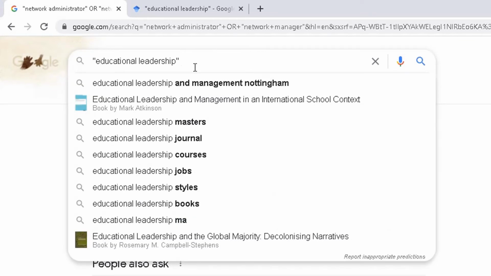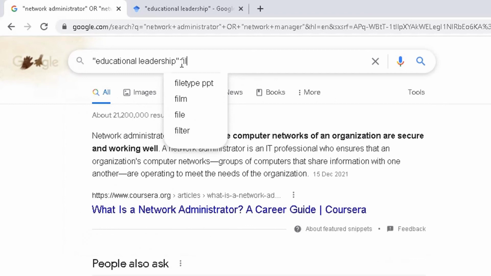What you can do in any search engine is, after the search string, type in the word file type like this, colon, and then the format of the file you want it to bring back. Let's say if you just want it to bring back PDFs, you type in the letters PDF in there,